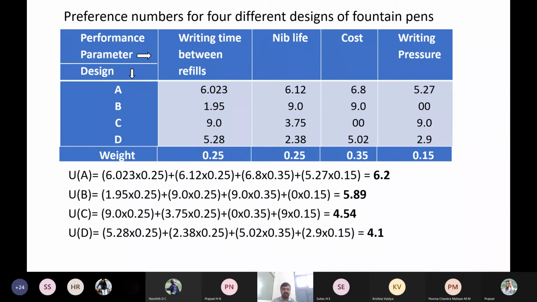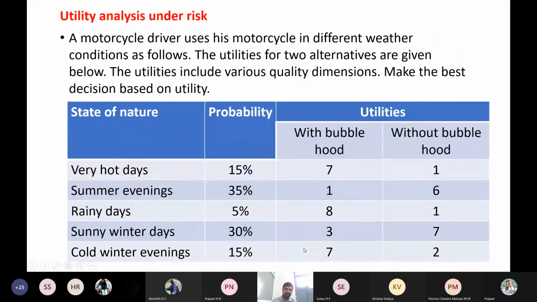Okay, since it is 6.A, that will provide maximum utility. So design A gives maximum utility. Therefore, based on utility, if you are making a decision, you can choose A. Okay, so that is the meaning. Next,